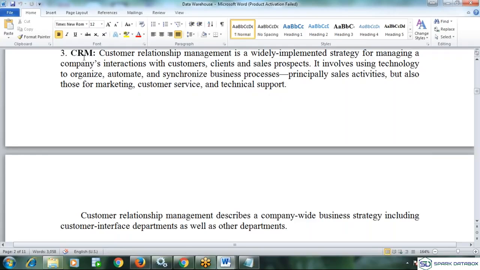So I sold one TV. I'm completely selling electronic goods only in my store, and I need to provide services to the customers. So customers will log tickets, all right? Those tickets will not be processed by your organization. You have some third-party vendors, correct? They will take your request and register the complaint, and after that they will route it to your organization.